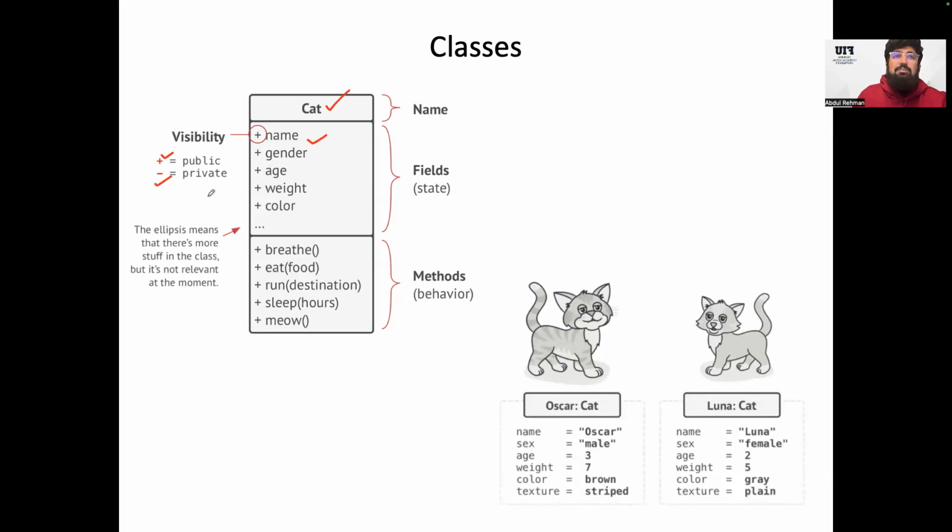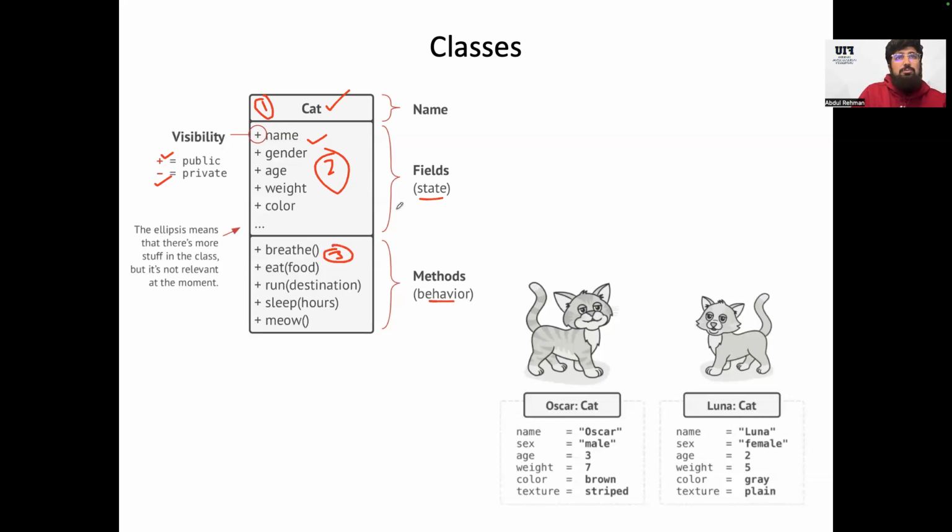So there's some restriction over it. The diagram that you see on your screen is just a UML diagram, Unified Modeling Language diagram, to represent a class. So don't worry if you don't understand that. Just try to focus on the content that we are discussing. The first block is the name block. The second block is the field block, which holds the values, the states, and the properties. And the third block is the method block, which is called behavior.